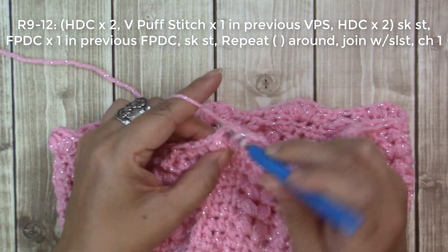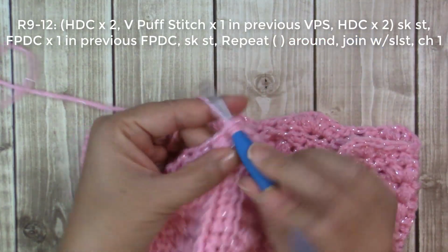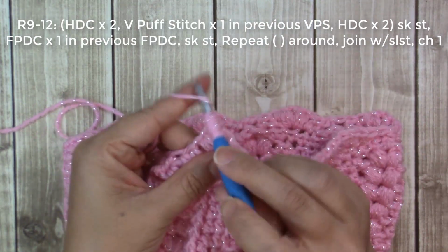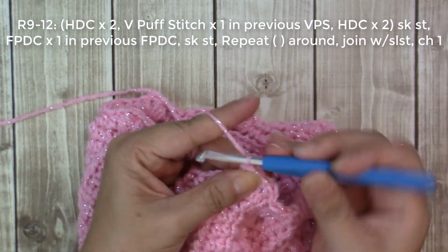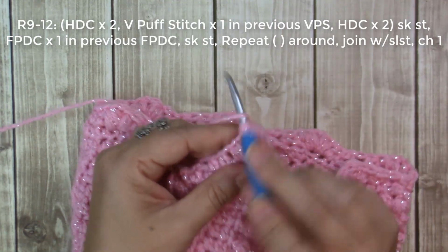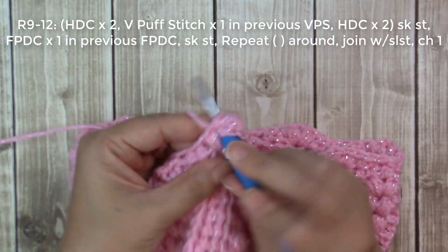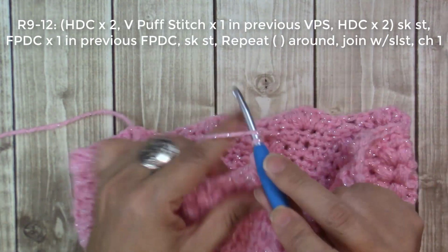Okay, so yarn over, insert your hook, yarn over, draw it up, yarn over, that's 1, here's 2, here's 3, and 1 more. And that should be 9 loops on your hook. So yarn over, go through all 9. And then we're going to chain 1 to close, and then do an extra chain. Yarn over, and we're going to do 1 more. That's 1, 2, that's 3, and 4. And then on this one we just chain 1 to close,